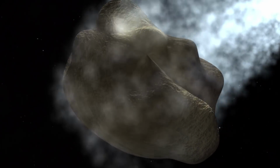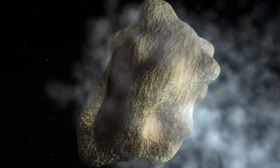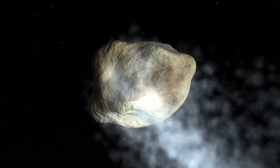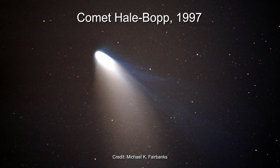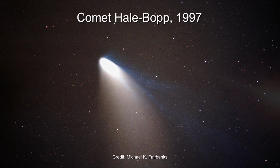Comets are more icy than asteroids, and when they get close to the Sun, the ices sublimate, go from solid to gas, and release dust that forms the comet's iconic coma and tail. We call this an active comet. Once the comet has orbited close to the Sun multiple times, it's no longer as primitive as it once was,